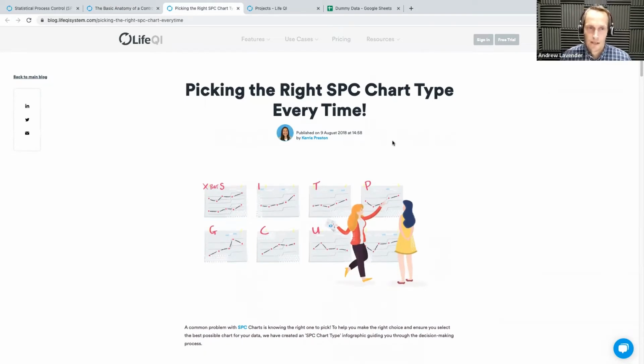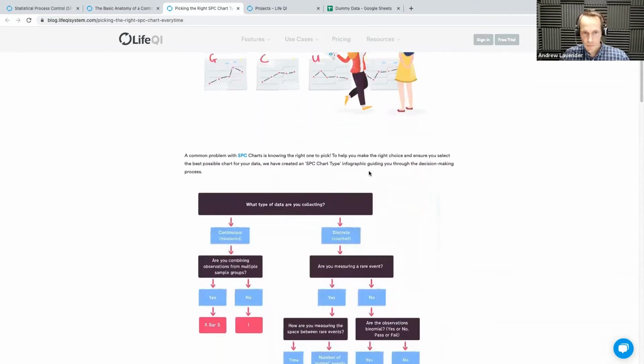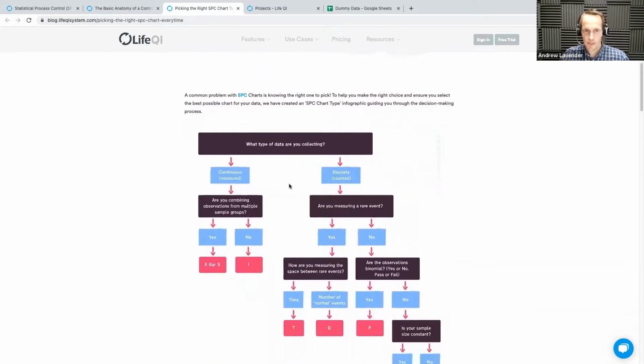Okay, so I wanted to talk a little bit about how to choose the right SPC chart. We will have a look at this in the system in a minute, and there's some guidance within there. But this article is a really good starting point. Particularly worth pointing out, it's a really useful